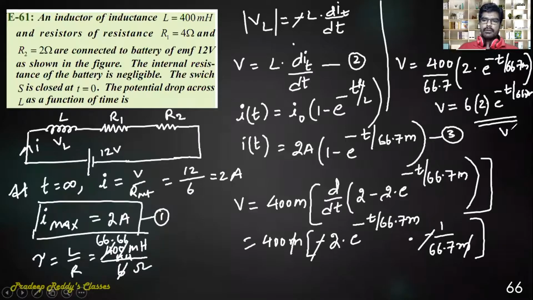This is the total voltage dropped as a function of time across this inductor if these two resistors are connected in series. Likewise, you can take these two resistors connected in parallel, and you can execute the same way so that you can find out current in the inductor when resistors are connected in parallel as well.